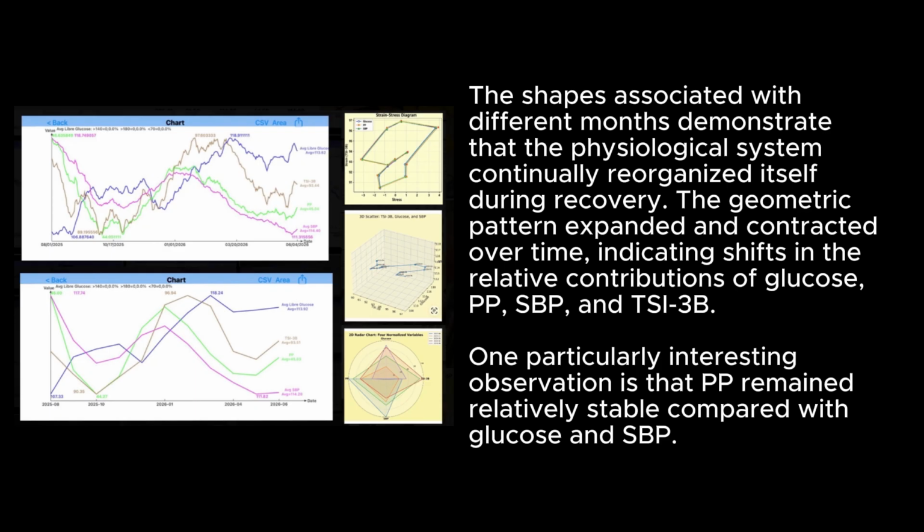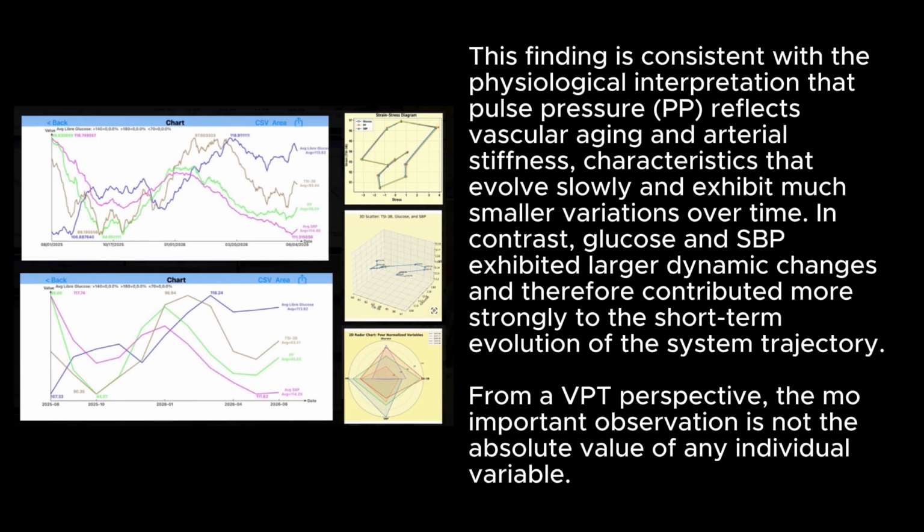One particularly interesting observation is that PP remained relatively stable compared with glucose and SBP. This finding is consistent with the physiological interpretation that pulse pressure, PP, reflects vascular aging and arterial stiffness, characteristics that evolve slowly and exhibit much smaller variations over time. In contrast, glucose and SBP exhibited larger dynamic changes and therefore contributed more strongly to the short-term evolution of the